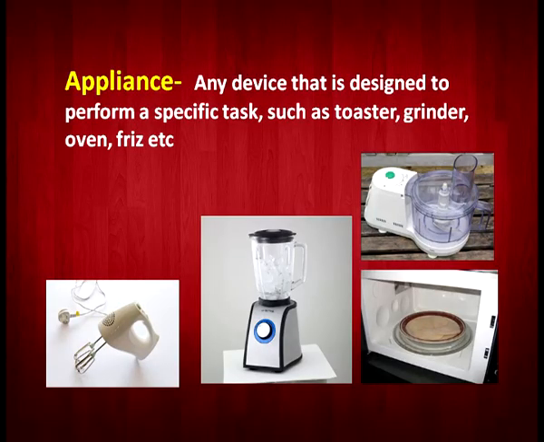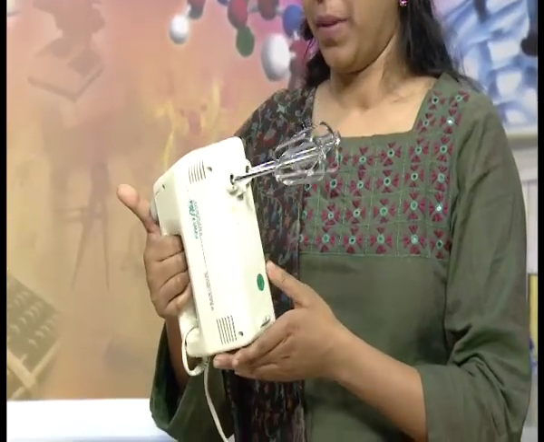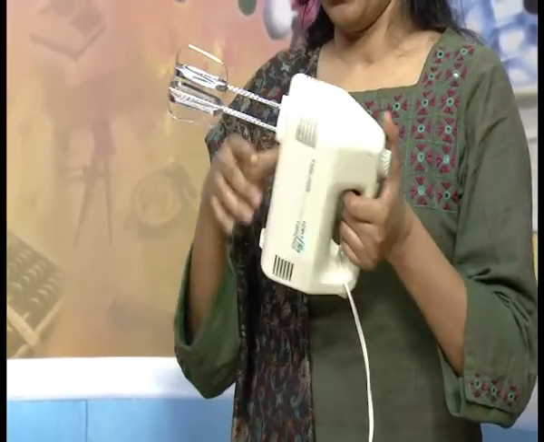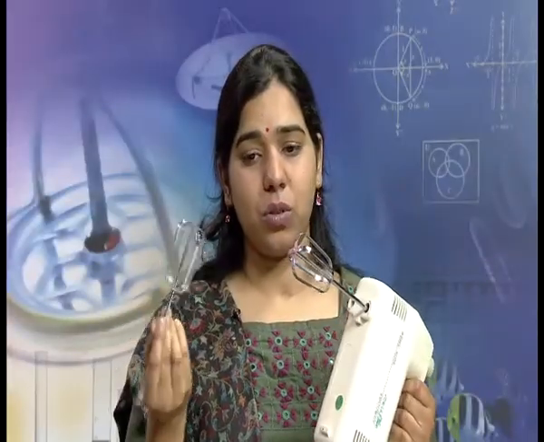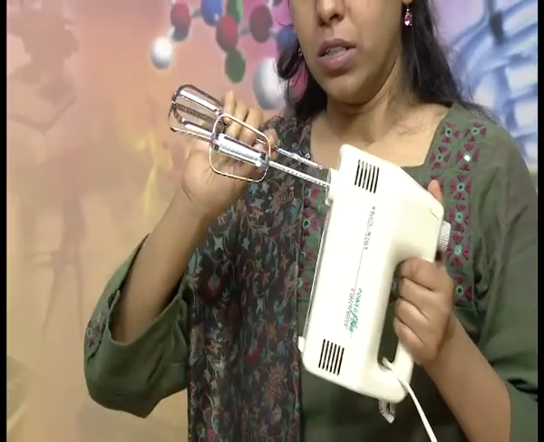Next is appliance. What is appliance, madam? Appliance is the one unit that you have in your household to do a particular activity. So there are various subunits. You have a tool. Tool is nothing but anything that you use to do a particular activity. And appliance is nothing but a combination of various tools held together. For example, if you see, this is an electric appliance. So if we take it as one unit, then it is an appliance. But you can detach it. So these are the tools that are there to make the appliance do a particular job.